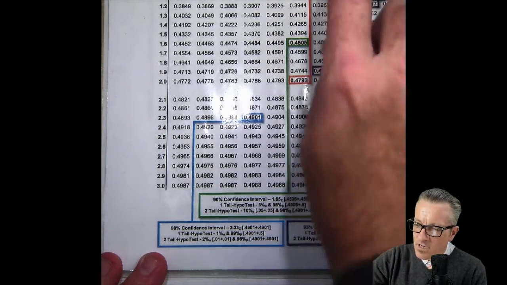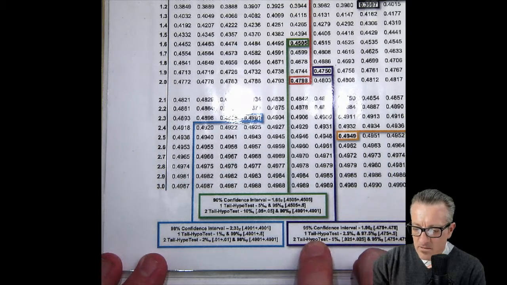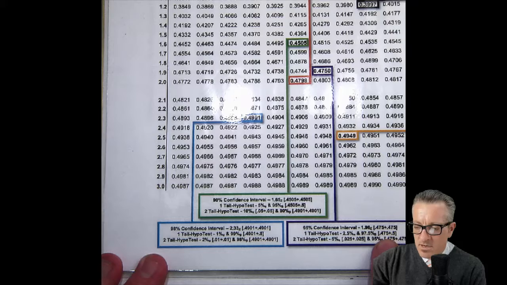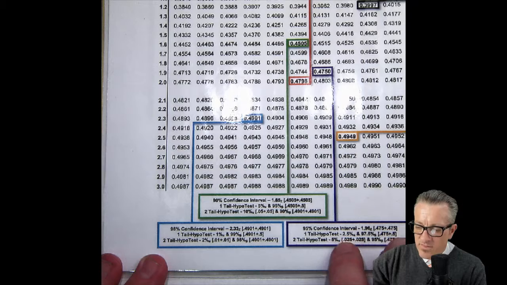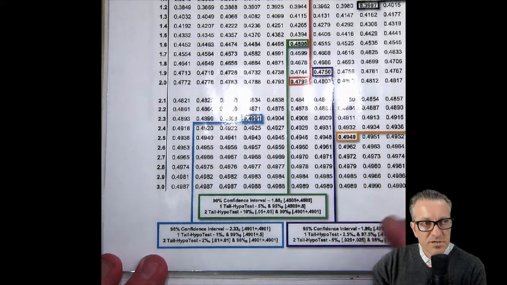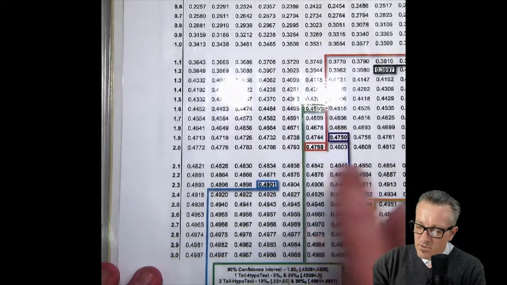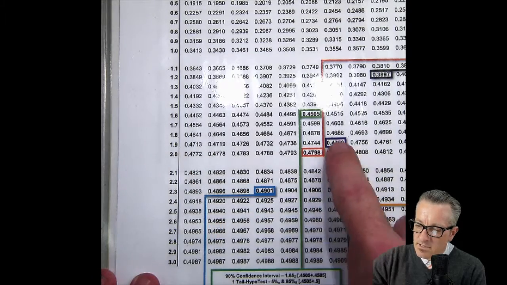But the way that we get this is this right here. We're looking for 2.5 alpha, so 2.5 alpha on a one-tail hypothesis test. We need to find the place where it is 0.475 on the table. And then if we add what the other side would be, 0.5, then we're left with an area that is our beta, which is 97.5%, and then our alpha, which is 2.5%, which is what we want. So that's how we come up to this number where our Z-score is 1.96.